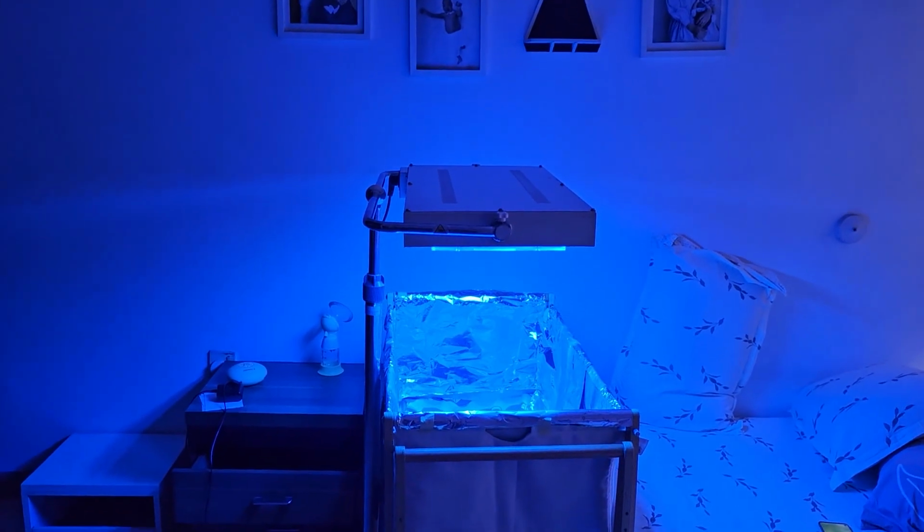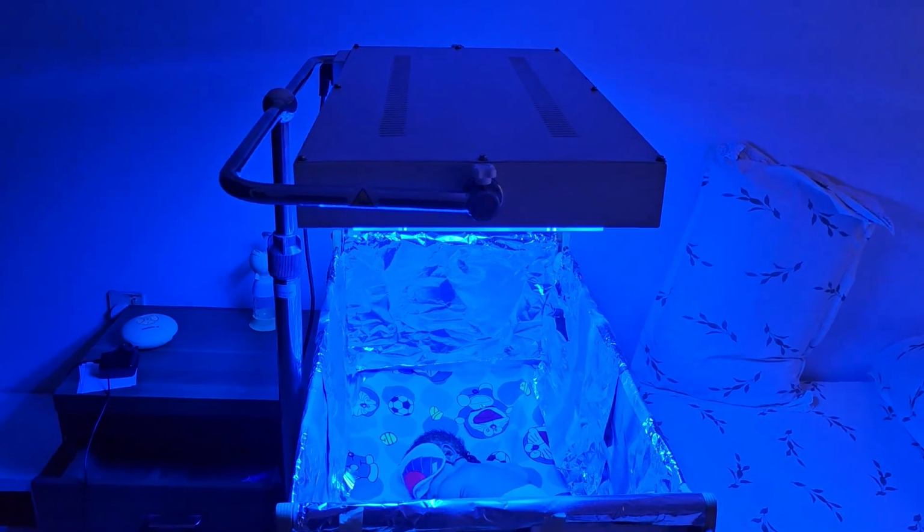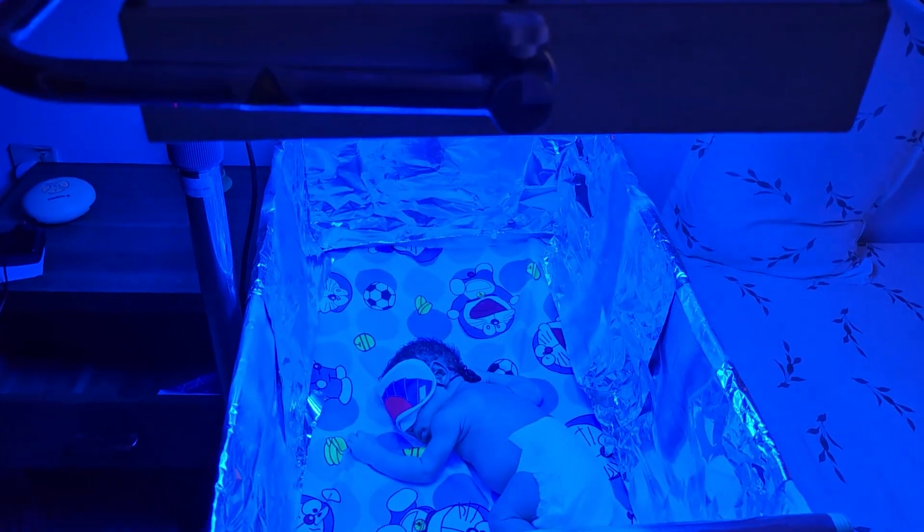So Ezekiel's bilirubin levels were skyrocketing, and thankfully we have this blessed doctor. I'm sure I've mentioned her name so many times, Dr. Daria, whose clinic is the primary clinic that we consult with. And she was gracious enough, kind enough, and sweet enough to bless us with the phototherapy device. We took it home for a few days and we subjected him to constant exposure to the light. We did that for like 3 days